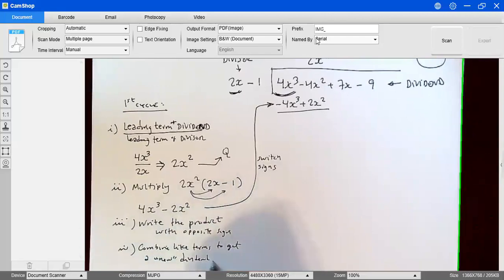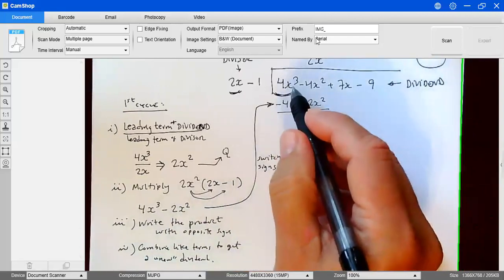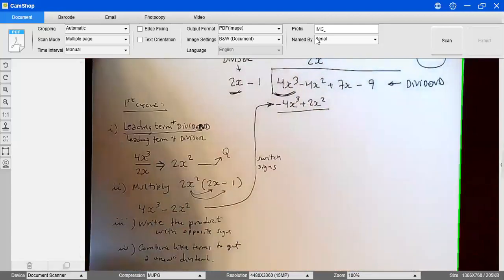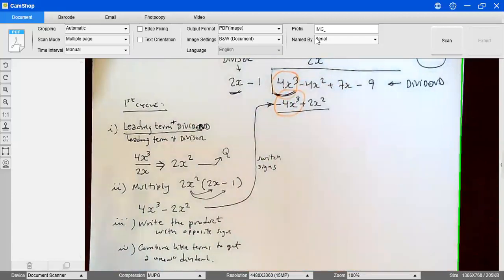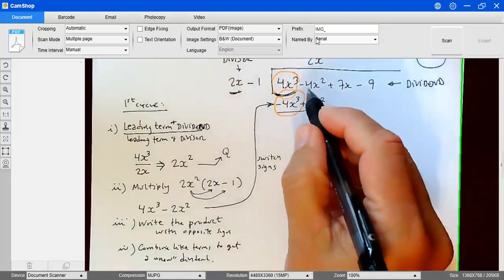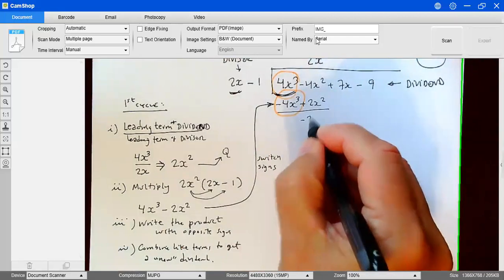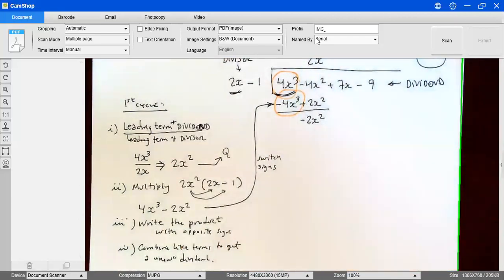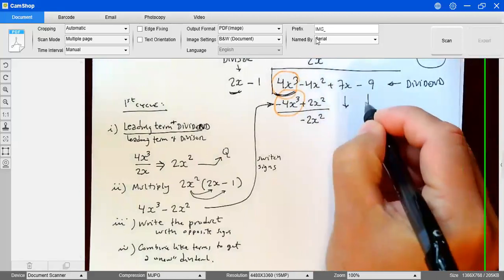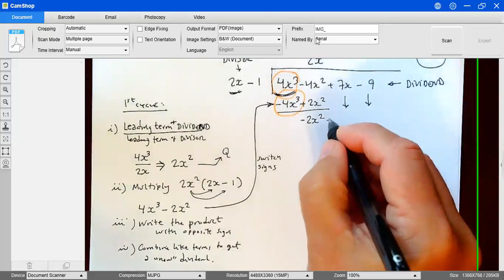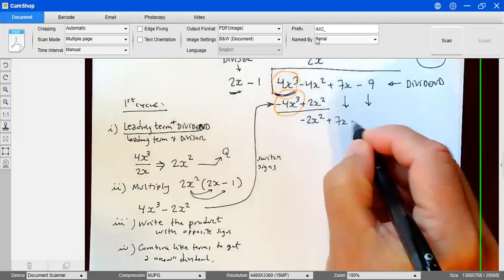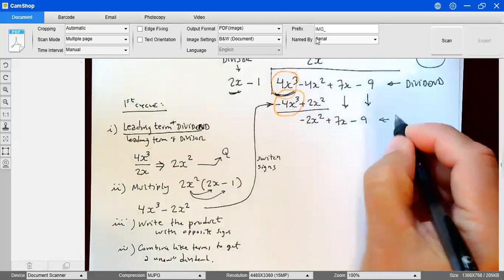So let's do that. So 4x cubed and 4x cubed with opposite sign, these cancel to each other, and that's what we wanted. If you don't cancel the leading term, then something went wrong. So then you have negative 4 and positive 2 is going to be negative 2x squared, and then you bring down the rest of the previous or the initial dividends. So I'm going to write positive 7x, negative 9, and now we have a new